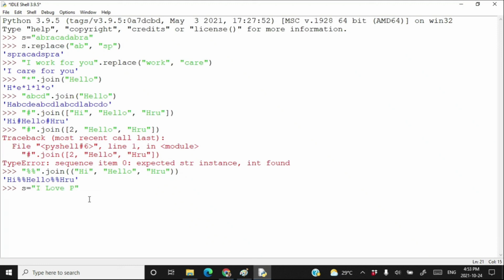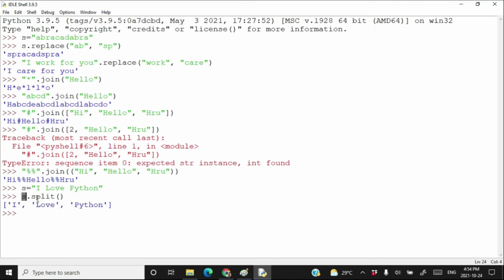Press enter, and I am writing here s dot split. That means I want to split the string. So if you write s dot split, it will create a new list with all the words as its elements.